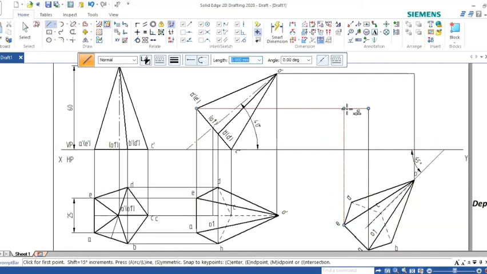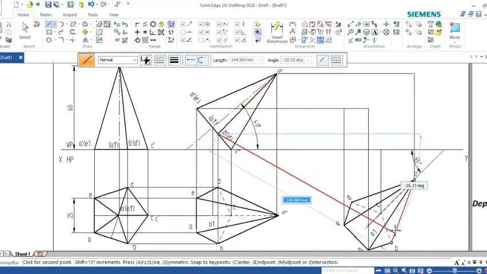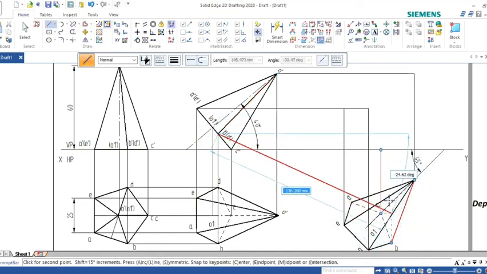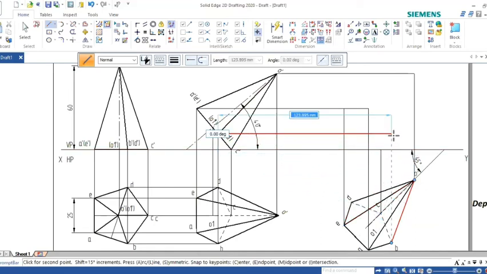Locate. This will be A. This will be E. And similarly, C will come on X line itself. Then D will come on this line. Cross line B and D. In case of alignment indicator, then join this, and also same D you come on this line.